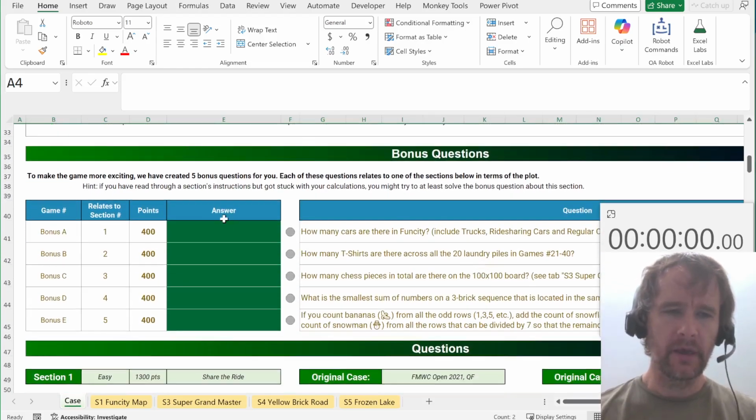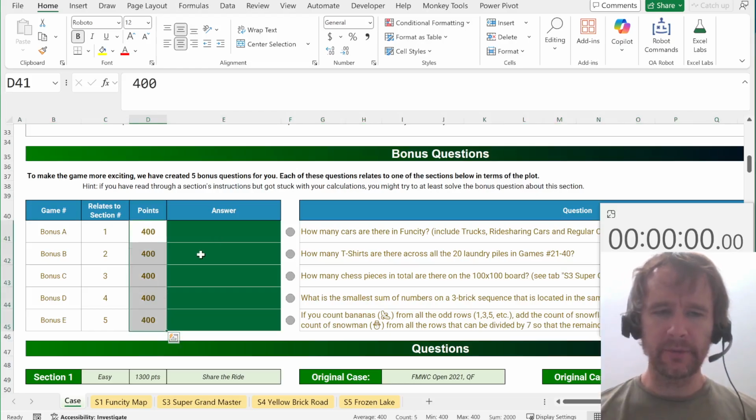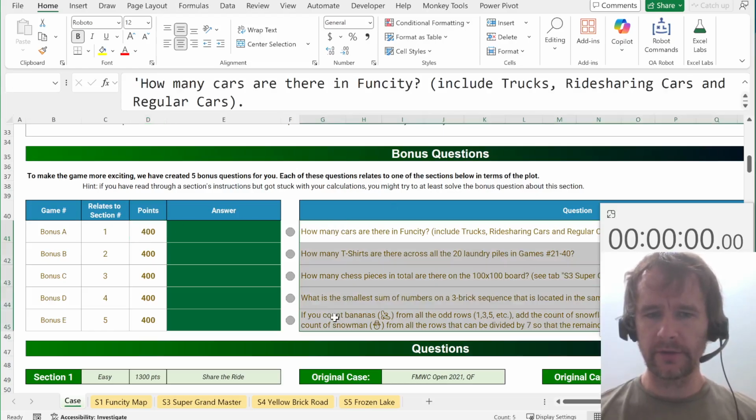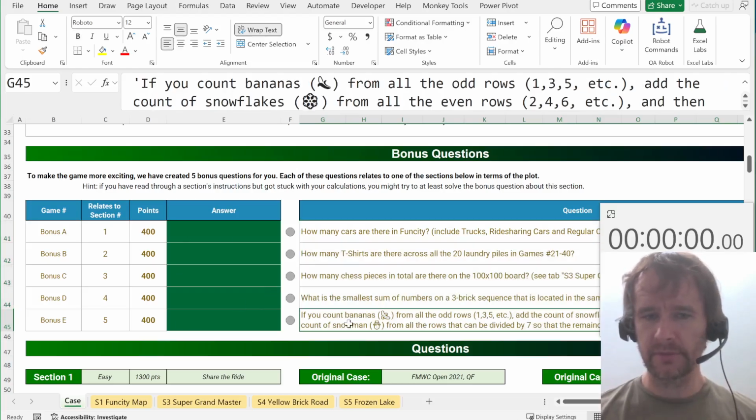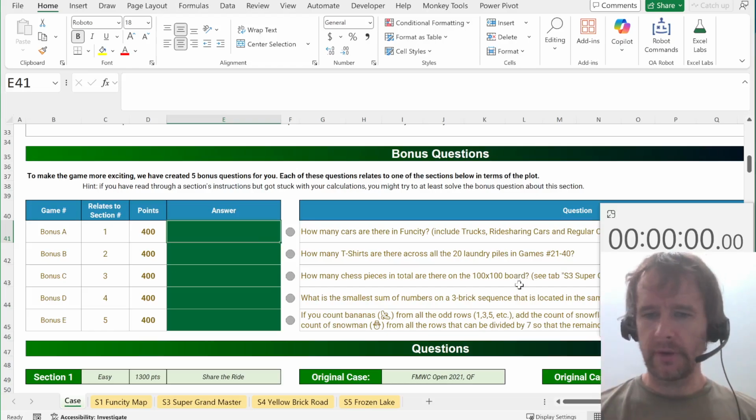I knew from last year that I had been locked out of a couple of the bonuses quite early on, in the first 45 seconds or so last year. So I knew I was going to be going for the bonuses right away. I looked at these, and they all looked independent of the level logic, and most of them, except this one which is a little more complicated, looked quite quick. Yeah, I was focused on getting into those right away. So anyway,